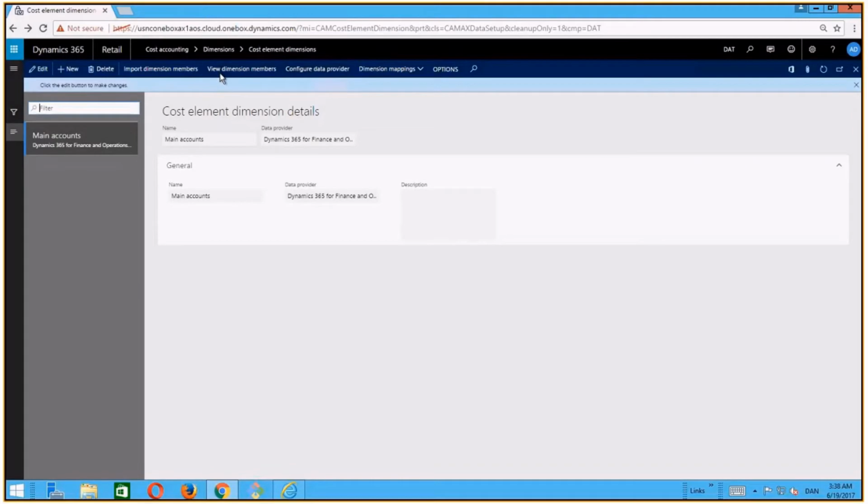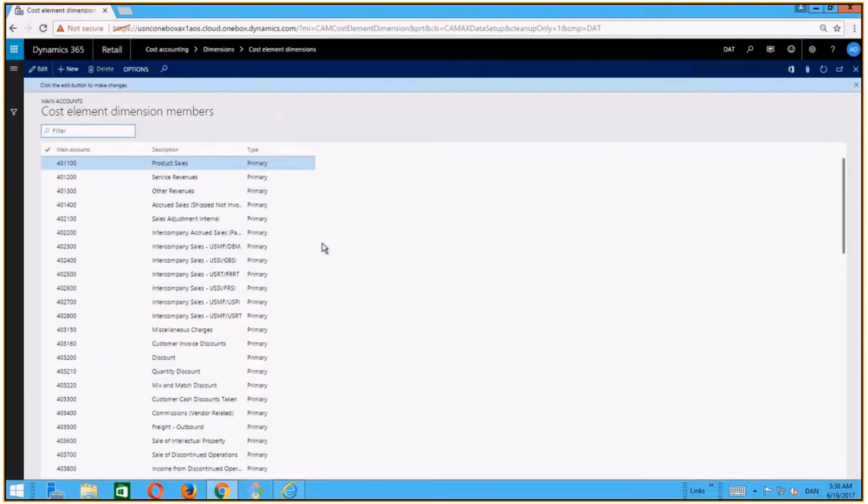And if we go to view dimension members, we can also see that it has processed this data provider, and it has imported all the main accounts based on the three main account types, and it has created them as cost elements of type primary in cost accounting.